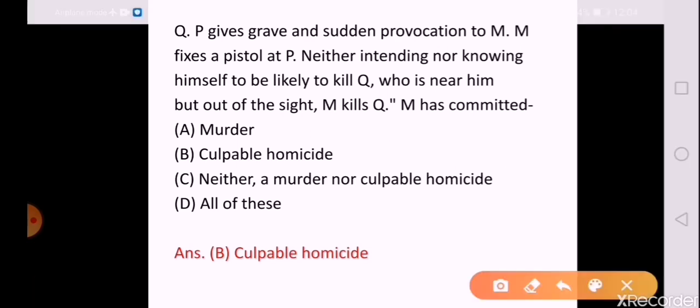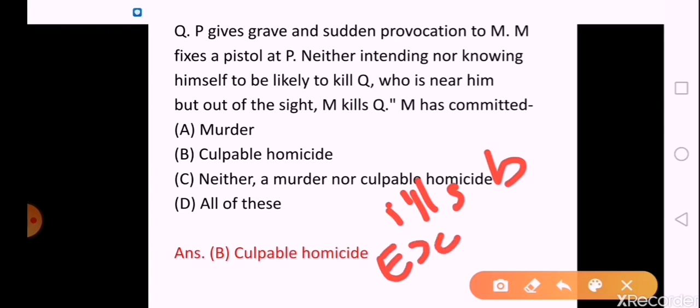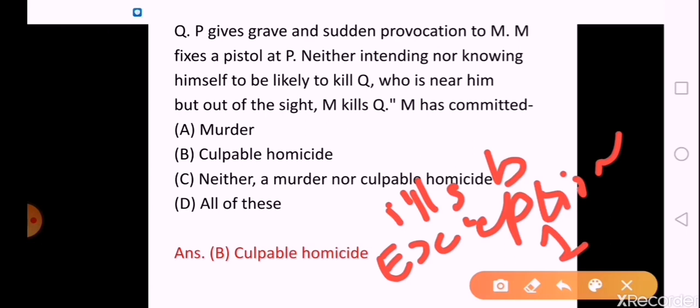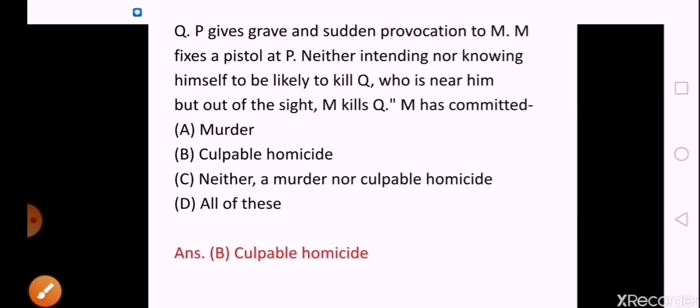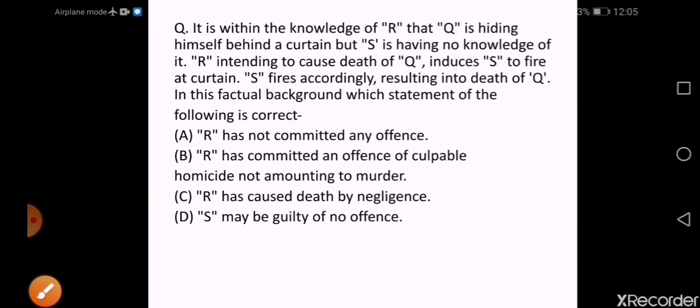So let me write to you all that it is illustration B of exception 1 of section 300, fine. So of 300 it is the exception. The next question is,